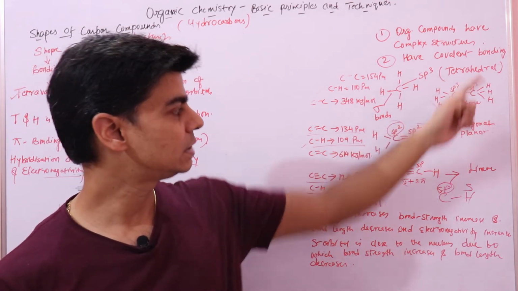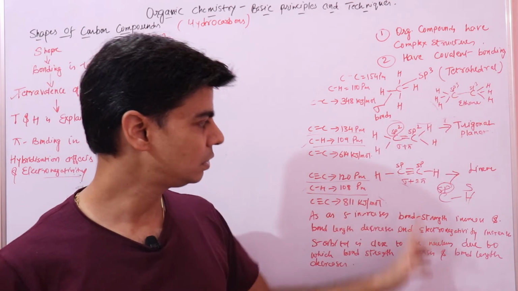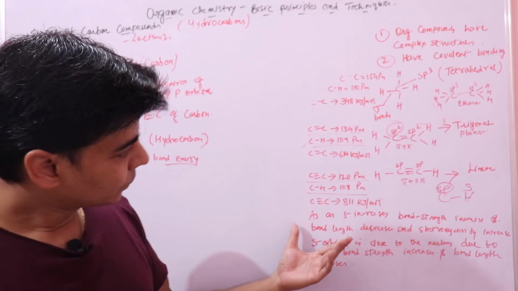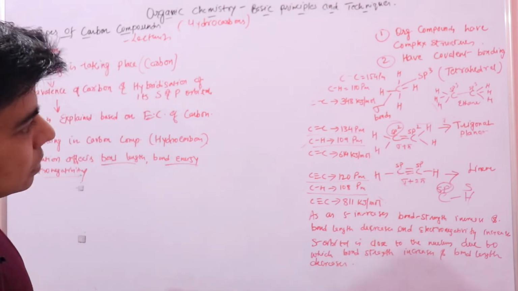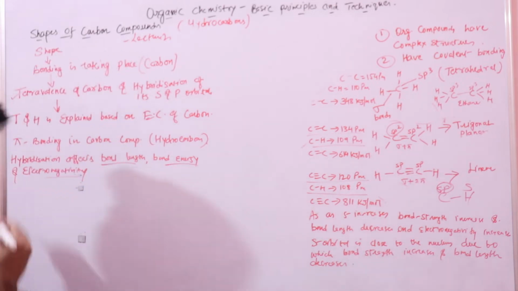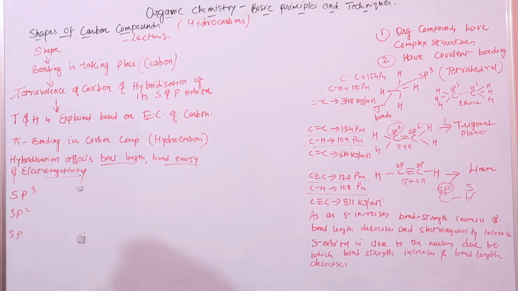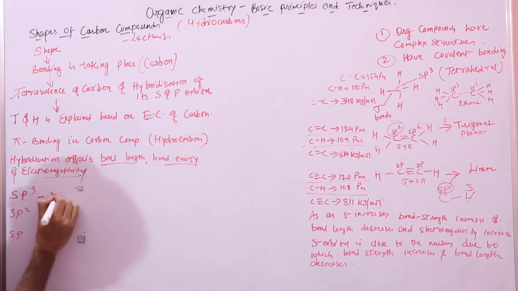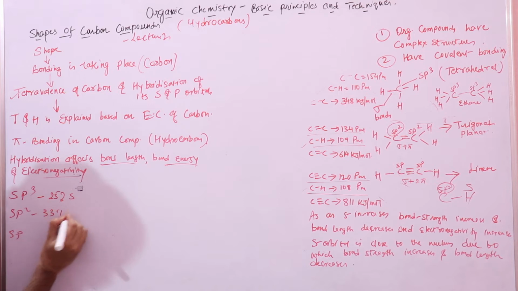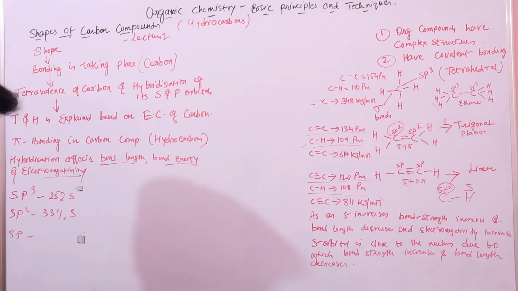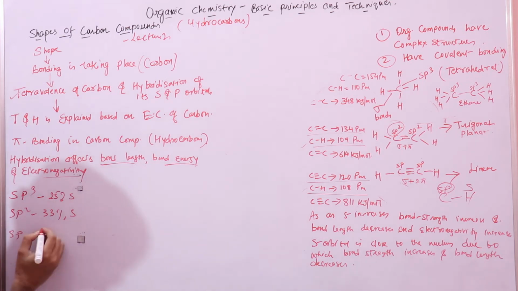If it's sp3, it's tetrahedral. If it's sp2, it's trigonal. If it's sp, it's a linear molecule, right? Then we explained this based on the s character, right? There were 3 hybridizations of carbon atom: sp3, sp2, sp. Here 25% s character, here we have 33% s character, and in sp hybridization we have 50%